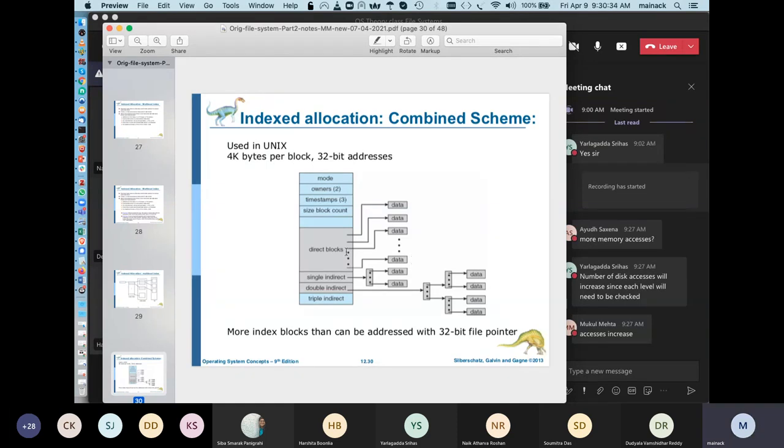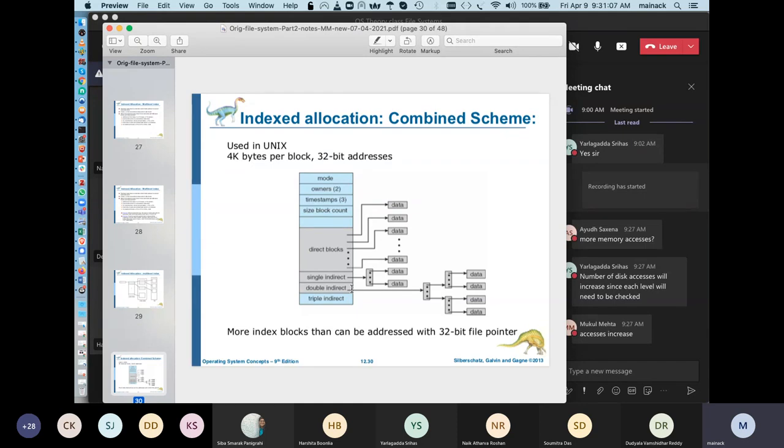So how does it work? The data for small files, for example, of no more than say 12 blocks, or 15 blocks, whatever the direct blocks are, will be directly stored here. This will handle the small files. The single indirect will handle the medium files. And when you are getting huge files, which are anyway problematic to handle, as those who deal with gaming might know,